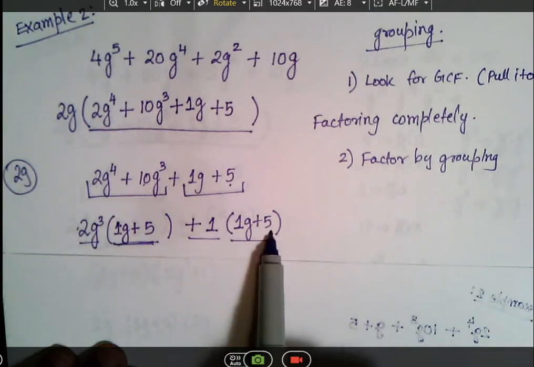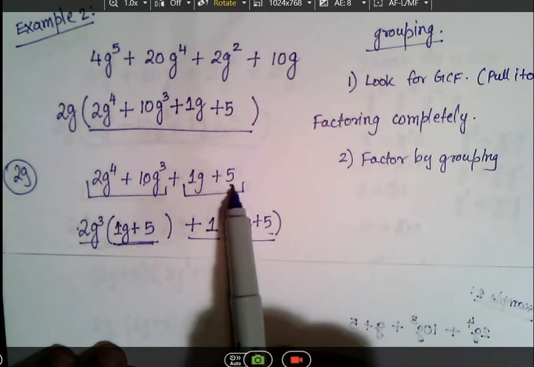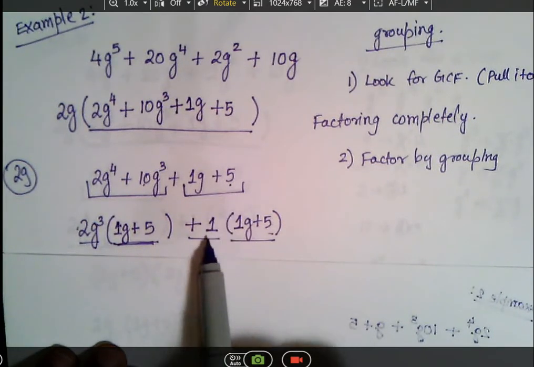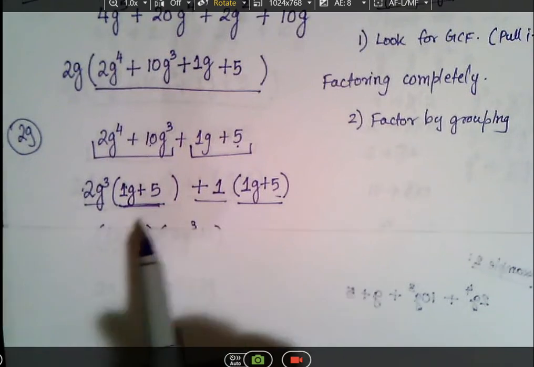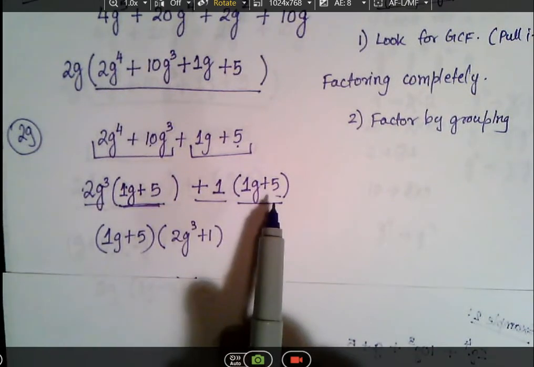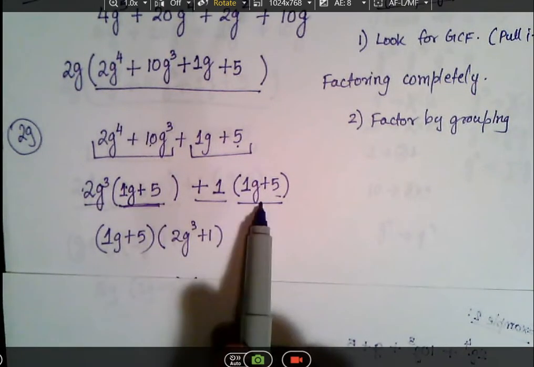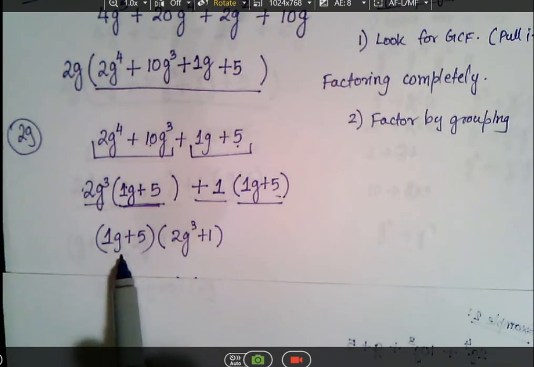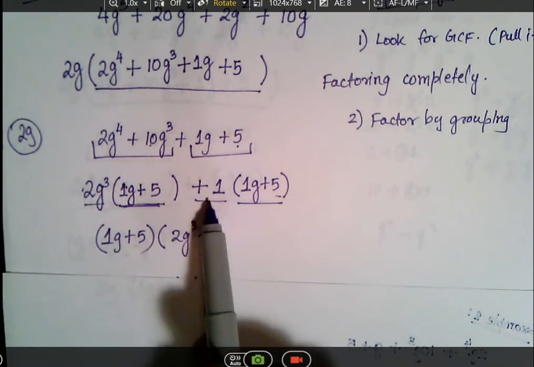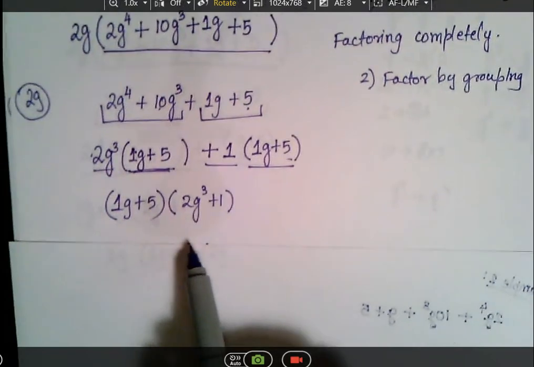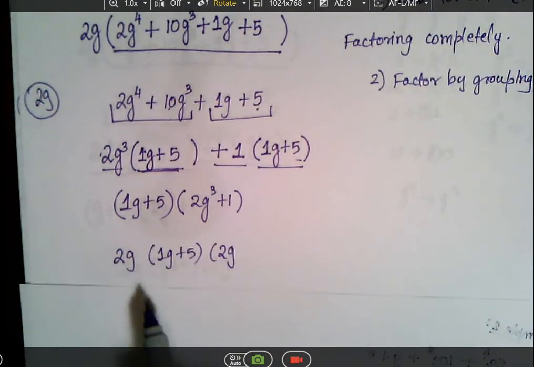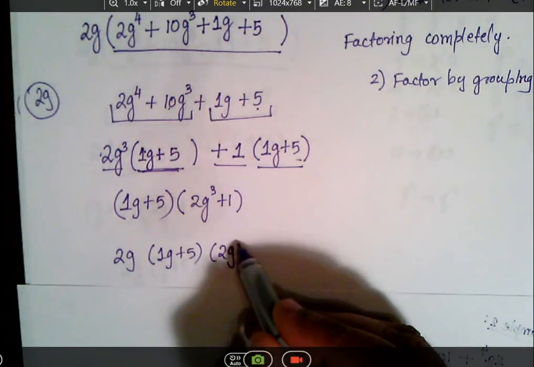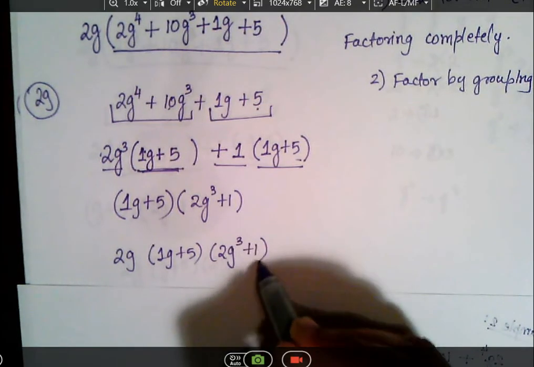When I have that 1g plus 5, I pulled out a greatest common factor between these 2 terms, which is a 1. So that's a plus 1. If I multiply it back, I'm going to get back my terms. So I have my greatest common binomial factor now, 1g plus 5. I pulled it out. What's left is a 2g cubed plus 1. All right. Now remember, I pulled out a GCF earlier, which is waiting there. I'm going to put it along with my other factors. So my complete factorization